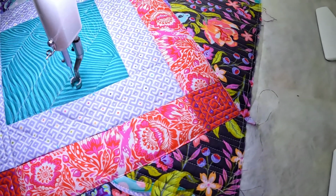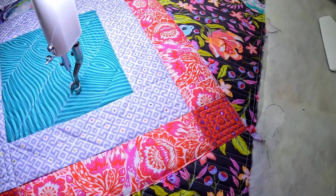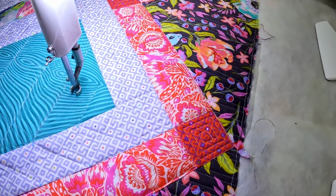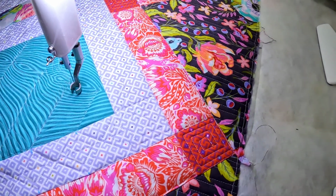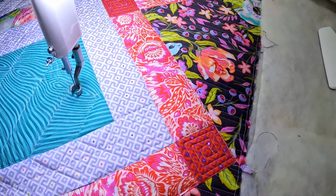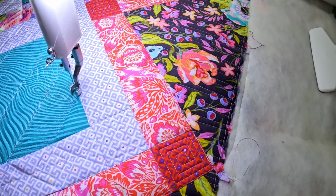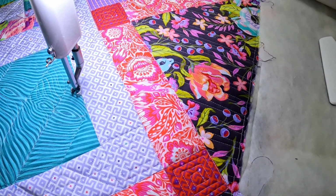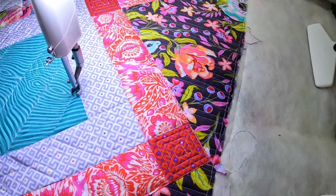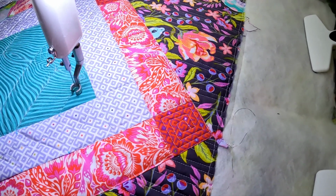Okay, I'm just filling in. I've subdivided it. I let the fabric talk to me. As I'm stabilizing the quilt, before I've done any major quilting, I'll often just look at the fabric as I'm doing it, and then I start seeing designs that I think would complement it. Kind of just a wood grain look, and on top of